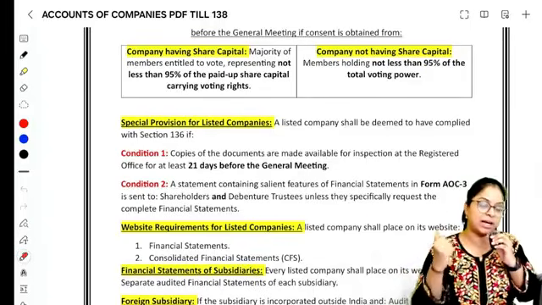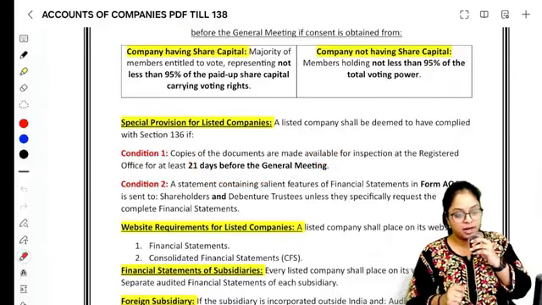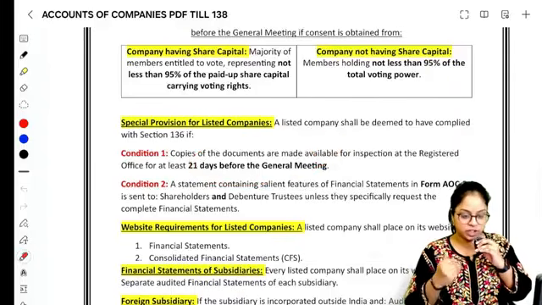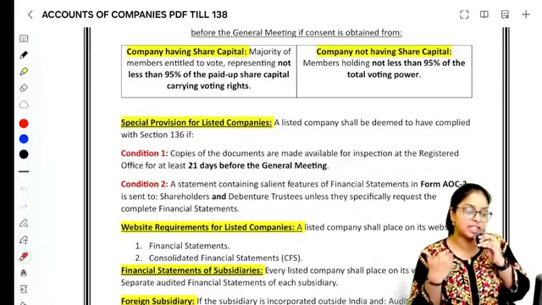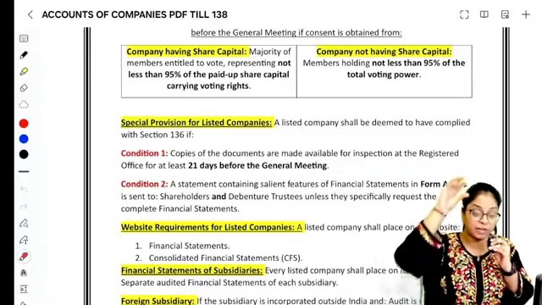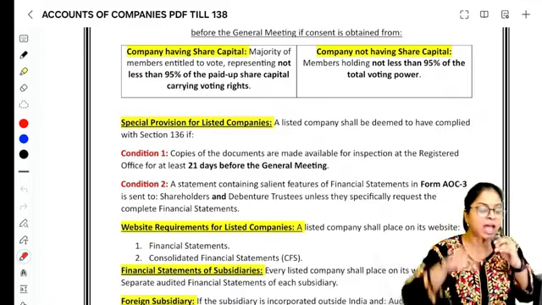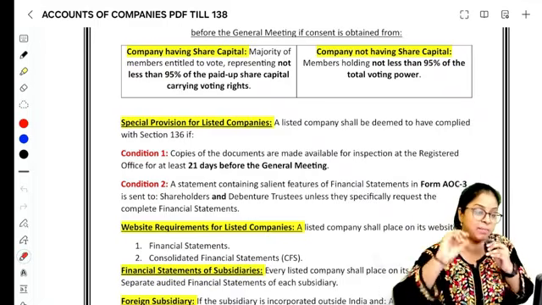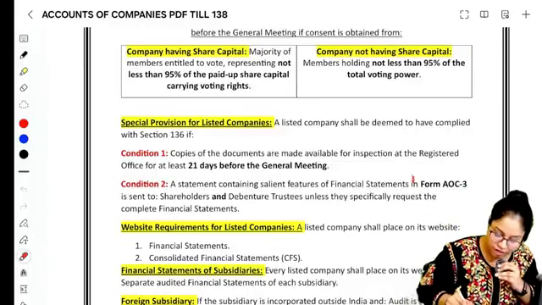Anybody who wants, they can come for inspection 21 days before the general meeting. Right? At least 21 days before the general meeting, you keep it ready in your office. Anybody who wants, they can come for a physical inspection. And நீங்க அவங்களுக்கு இந்த 30 பேஜ் ஃபினான்ஷியல் ஸ்டேட்மெண்ட், 10 பேஜ் ஆடிட் ரிப்போர்ட் இவ்வளவு அனுப்ப தேவையில்ல. பட் யூ ஹேவ் டு சென்ட் them a statement which has the salient features, important features of the financial statement in